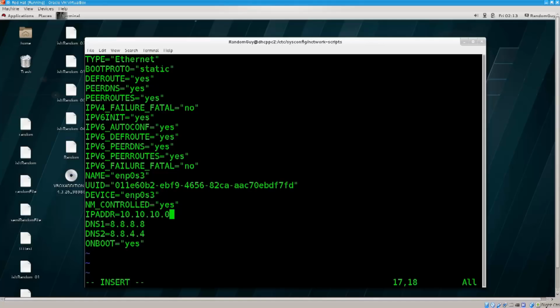And then down below I would also like to add the IP address, so IPADDR equals 10.10.10.0. We know that this is not the current IP address of the interface. And down below, what else would we like to type in? Well, the mask, so type in NETMASK equals 255.255.255.0. Really, we just need these 4 lines and that should be it,